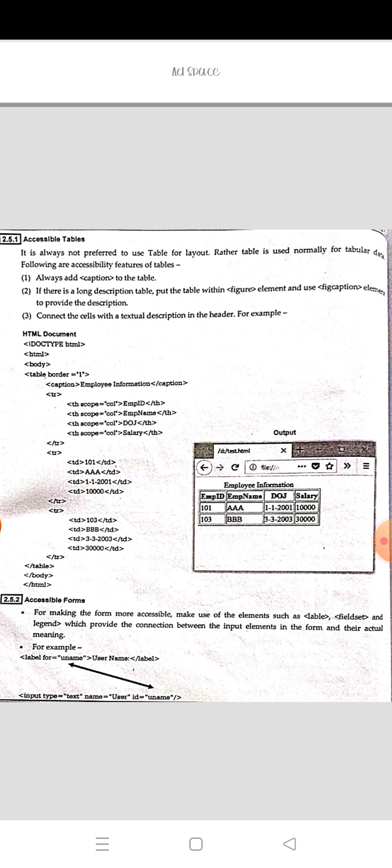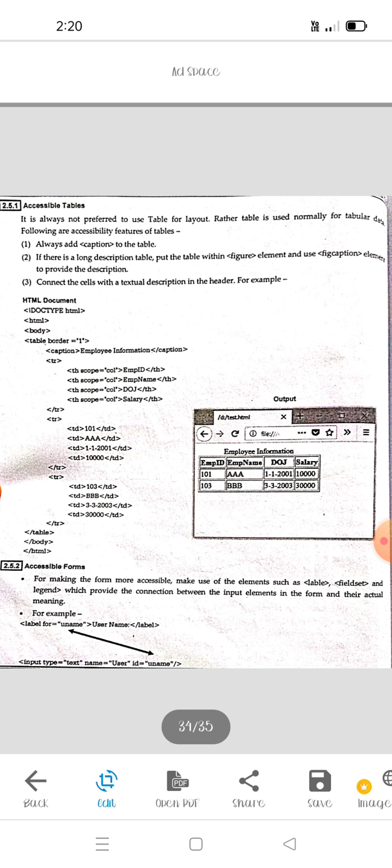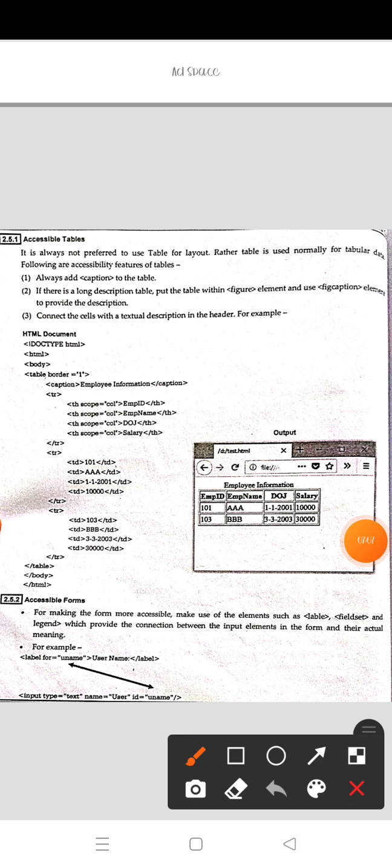Then next, connect the cells with the textual description in the header. Here, the table header is there, no? There you have to give the textual description. You can see these textual descriptions: employee ID, employee name, date of joining, salary. This is the table header.